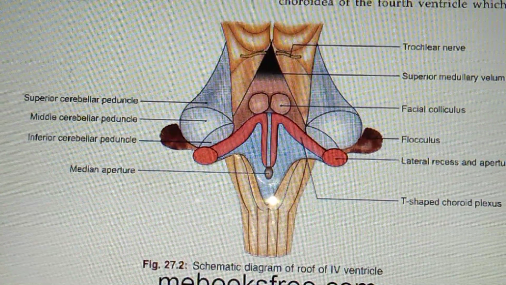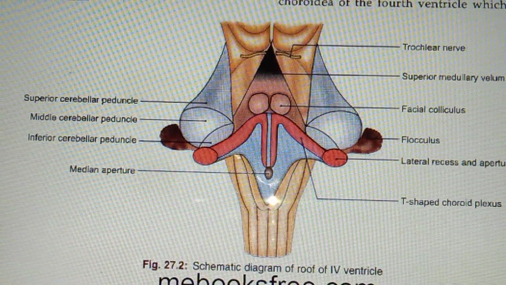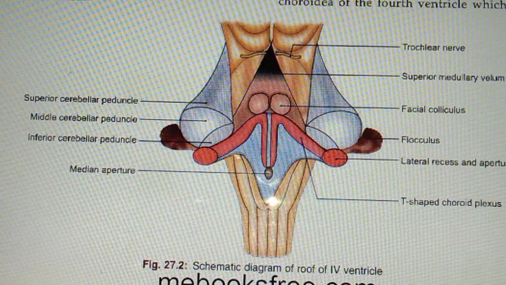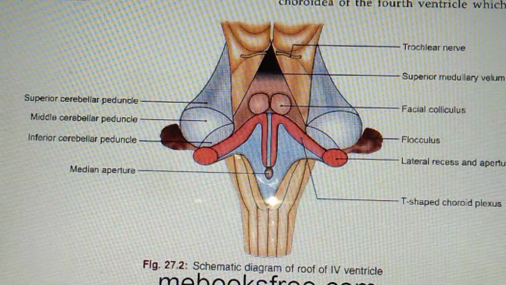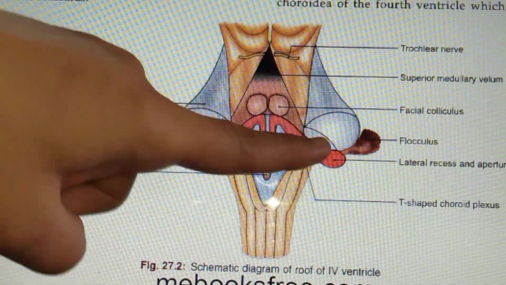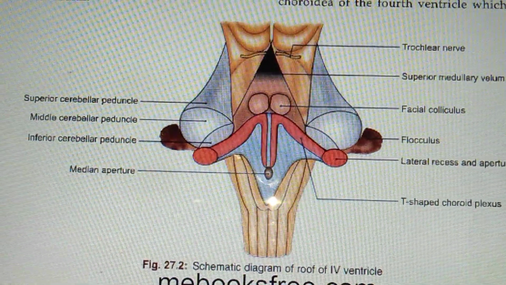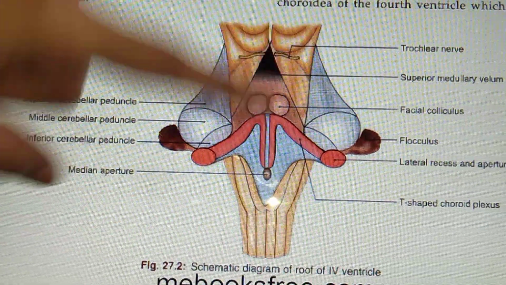Hello everyone. In this video we will continue with the fourth ventricle. So next we are going to learn about the roof of the fourth ventricle. The roof of the ventricle is again diamond shaped and it can be divided into the superior part and the